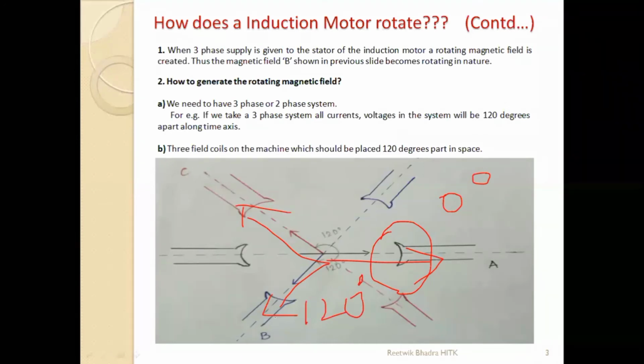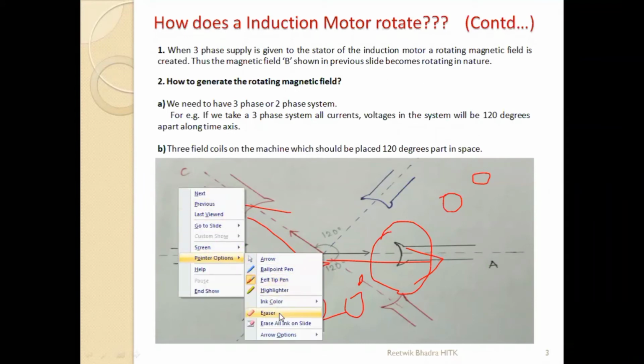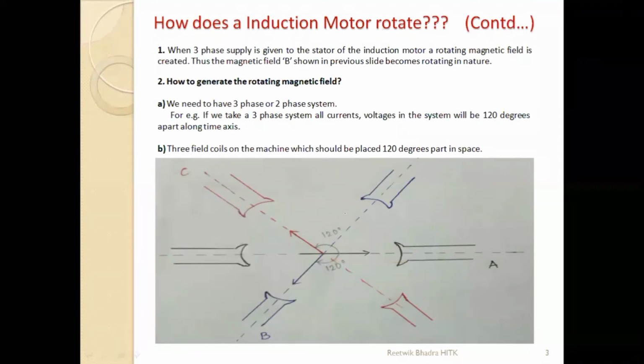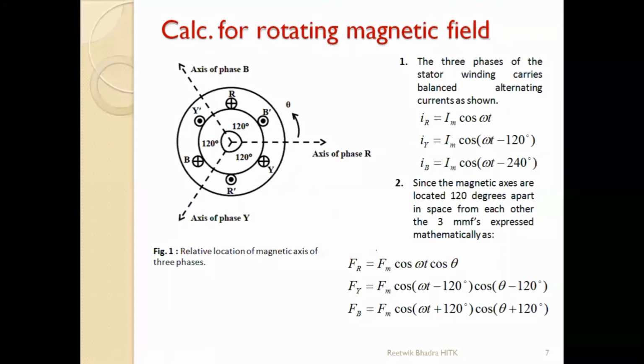Instead, we are supplying 120 degrees, no problem, but we also have to include the factor of the magnetic axis: the separation from the reference magnetic axis, because F is a magnetic quantity. The current is supplied to A, B, C from the 3-phase supply, and then that current is given to poles which are themselves separated by 120 degrees, so that second factor comes in. Understood? Yes, the second factor is because they are separated in space by 120 degrees.